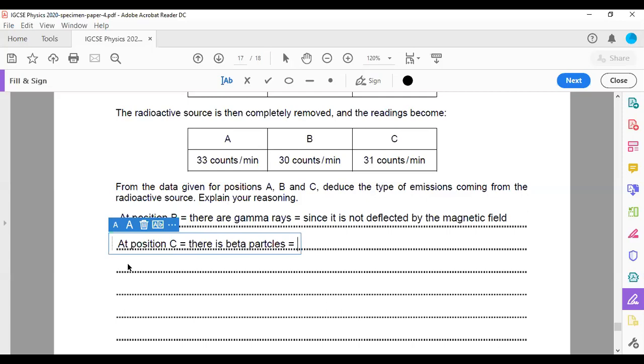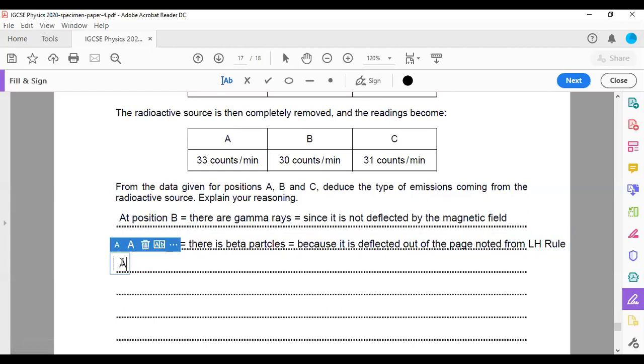Because it is deflected out of the page, which can be noted from the left hand rule. Good. I remember it was the left hand rule, right? And at position A,